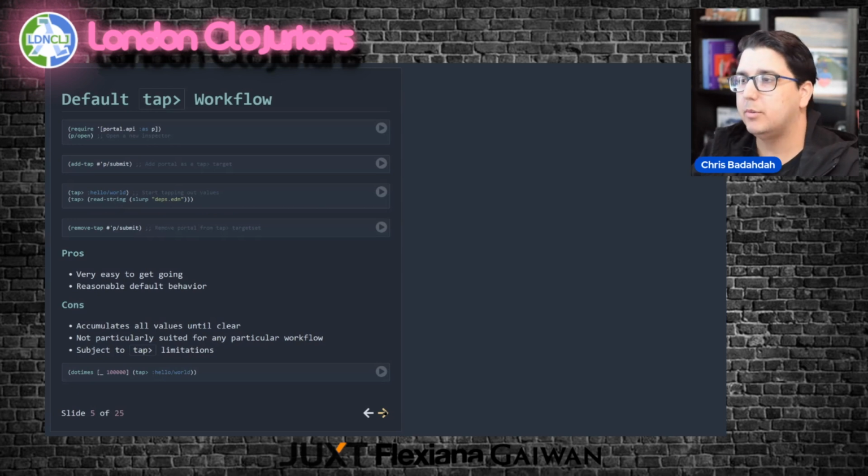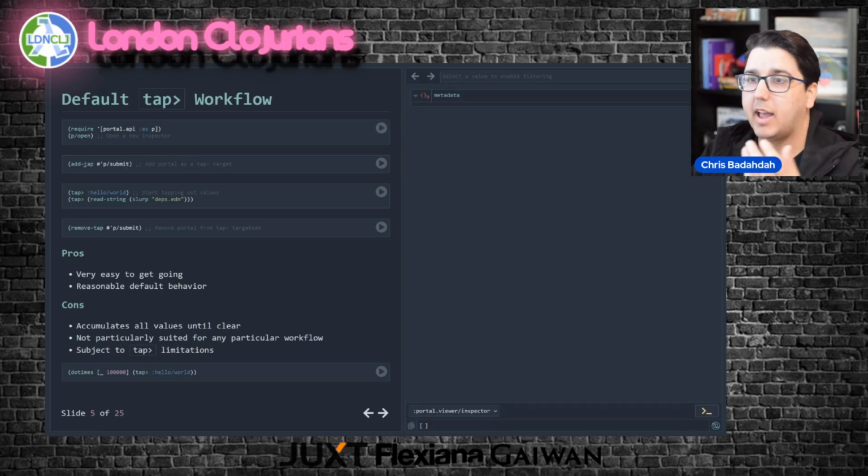If you've used Portal and gone through the README, this is probably how you've interacted with it. You pull in the API namespace and open up an instance of Portal. You wire together tap via add-tap and the Portal submit function. So let's execute that, and then you just start tapping values. Here we're going to tap two things, hello world and read-string.